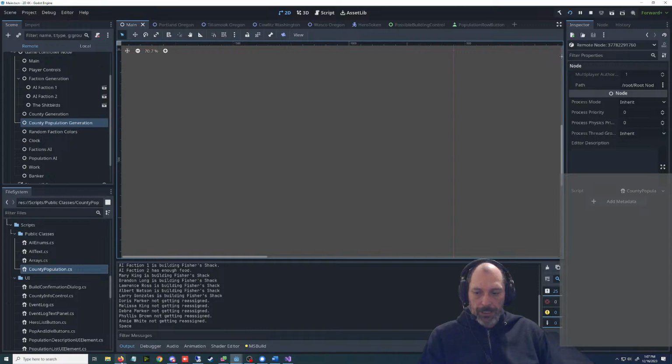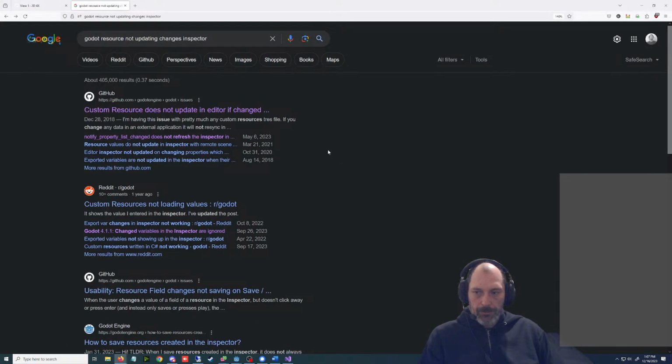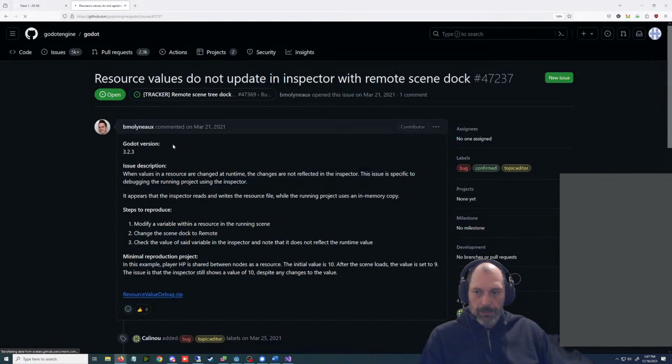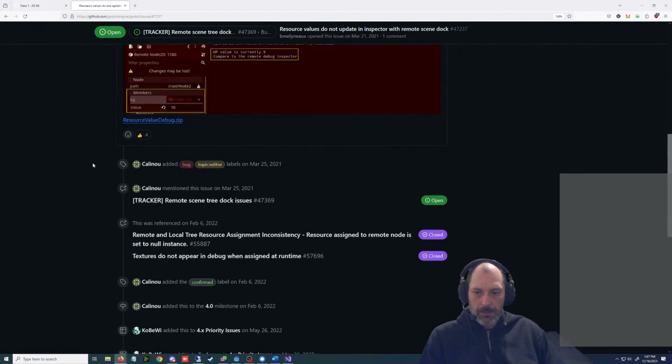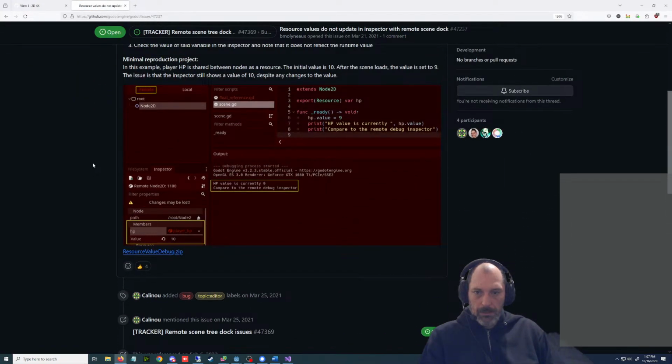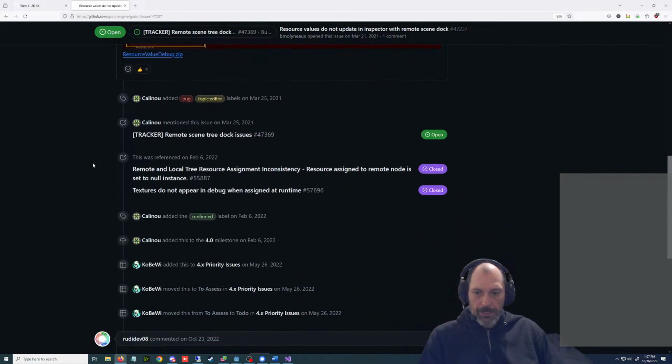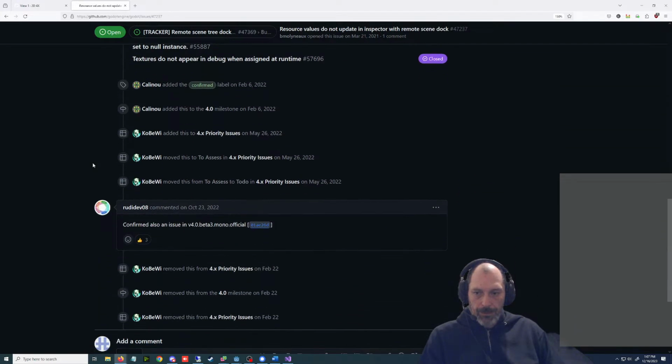There's some weird limitations with, yeah, this is the thing. Remote scene dock issues, remote and local, added, confirmed.